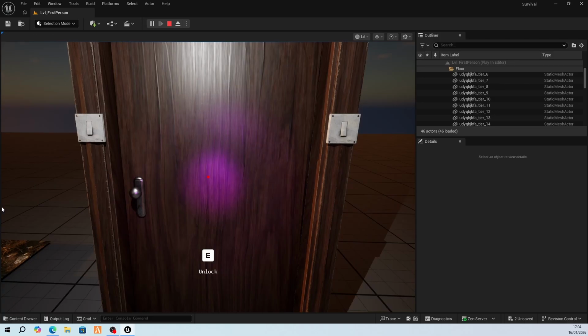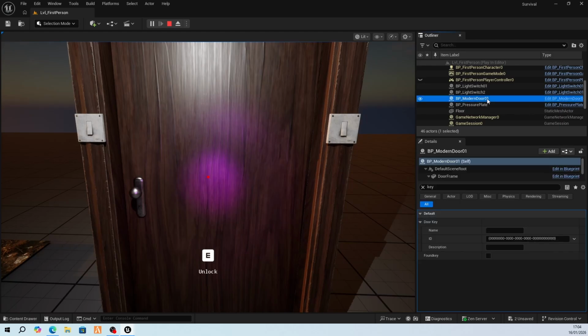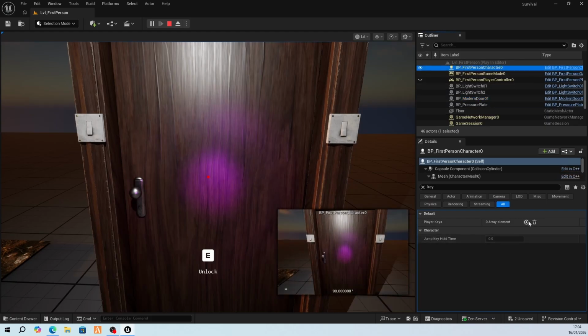We need to shift one because we can't store a key at the moment. Let's just do one key. Modern door. No, we're going to do 2 keys actually. We'll try this with 2 keys. So no, not modern door, character. Go into the character, add a player key, make sure key is in here, just makes it easier to see, and we're going to say heart key, and we're going to generate